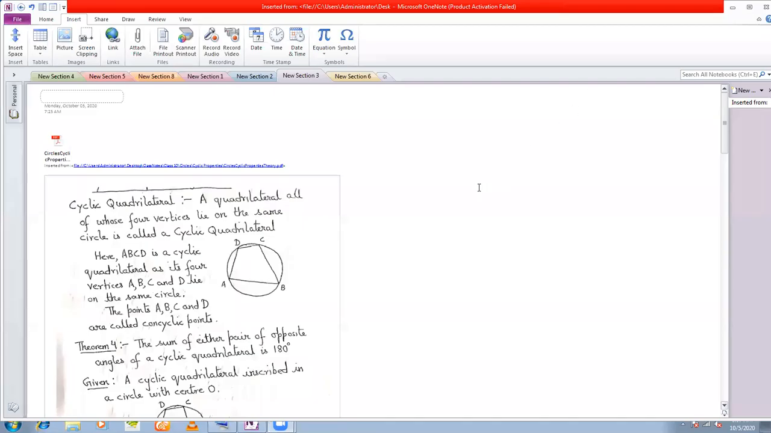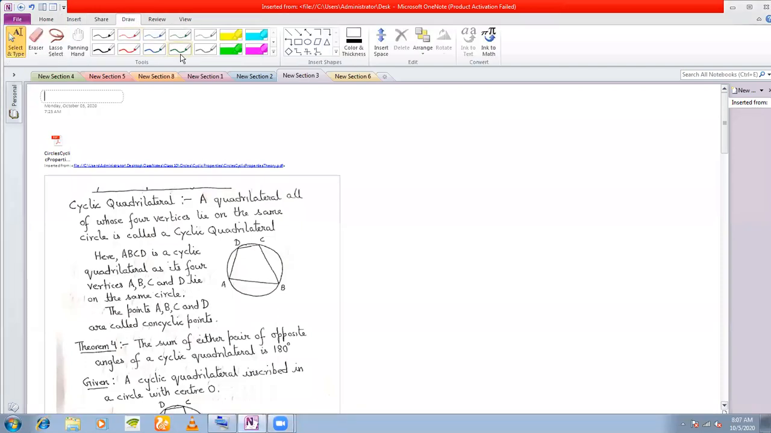Under cyclic properties, we first define what we call the cyclic quadrilateral. Now, what is a cyclic quadrilateral? Any quadrilateral whose vertices lie on a circle is called a cyclic quadrilateral. For example,